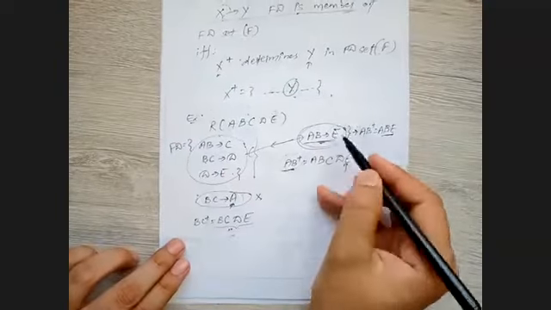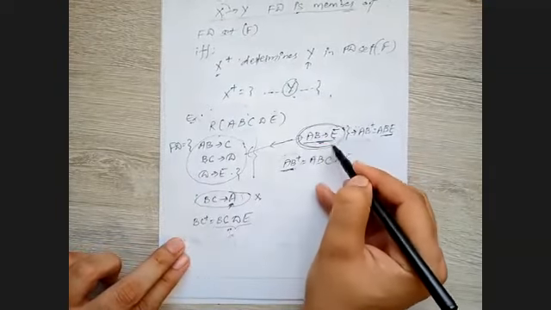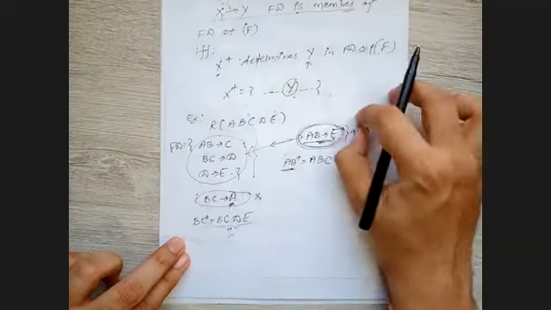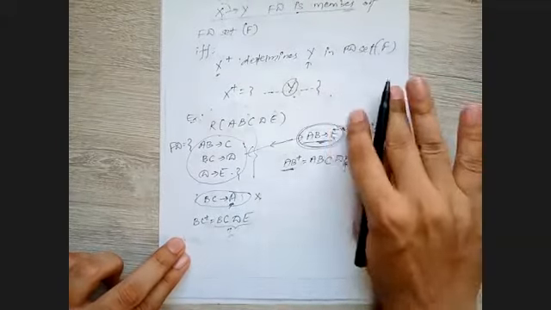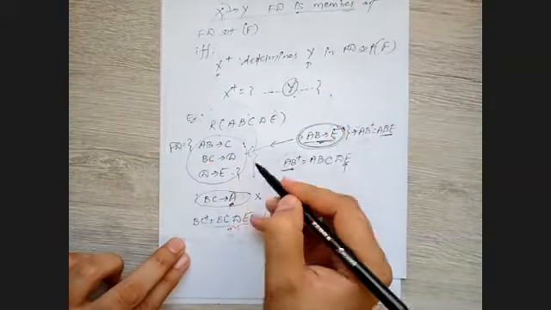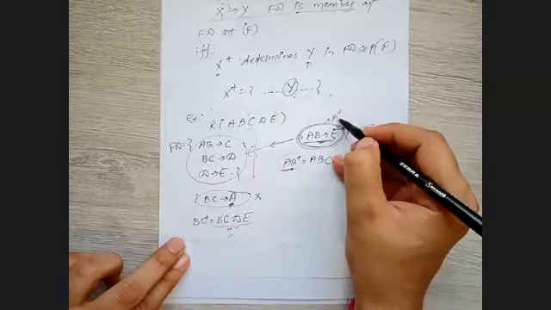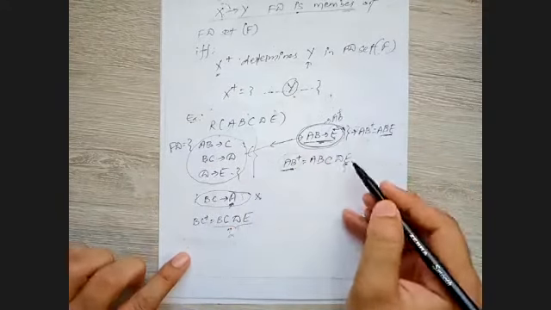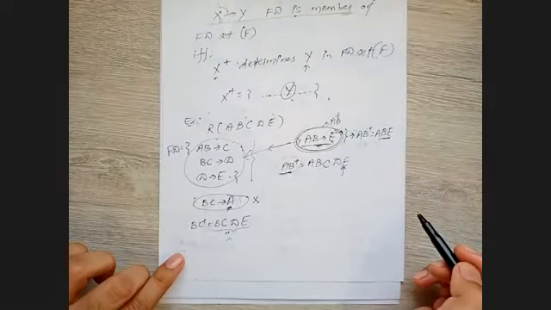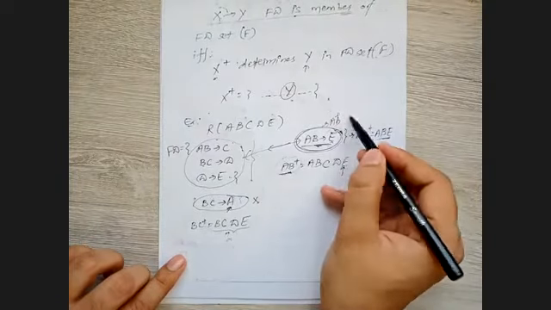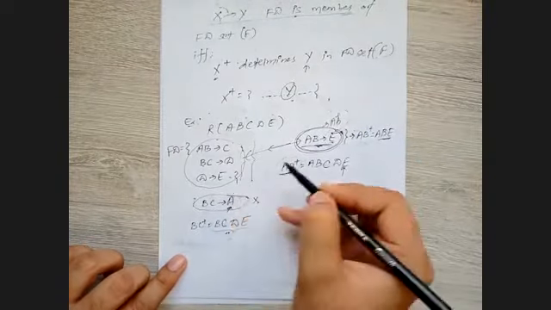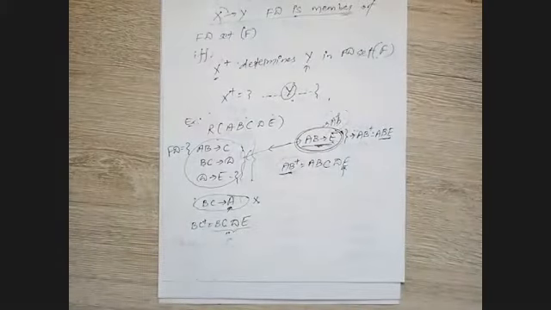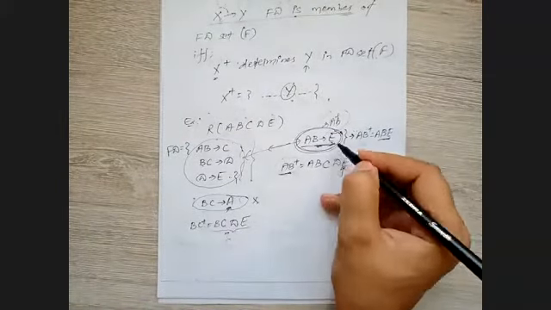Now I want to check whether this is redundant or not. How? I will separate it and keep this set. Now I will try to find the closure. This is the basic process that we follow for membership. Now we check the AB closure in this set and check whether it is a member or not. We are able to determine E or not.